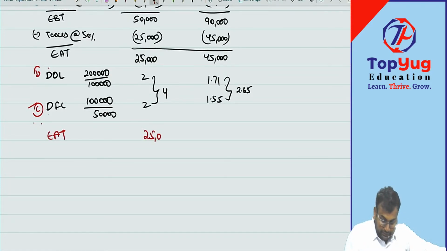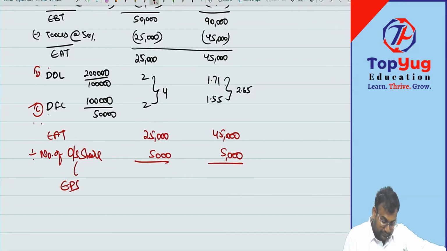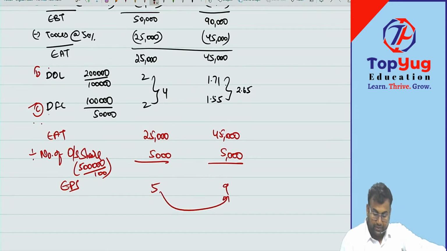So, EAT is 25,000 and 45,000. No preference dividend, so divided by number of outstanding shares. So the number of outstanding shares are 5 lakhs divided by 100, so 5,000 shares. So my EPS here would be 5 and 9. So how much is my percentage change? 9 minus 5 by 5, that is 4 by 5, that is